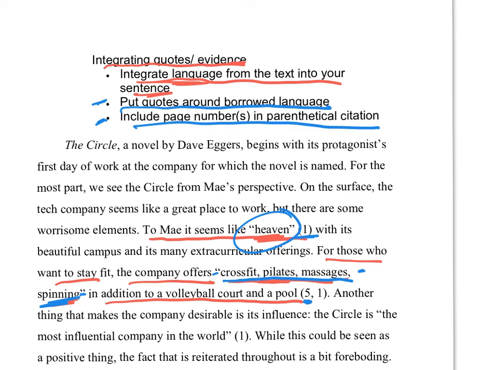Now what you also see here is that there's a volleyball court and a pool. Those are actually paraphrases. So the writer didn't need to put those in quotes because the language is fairly similar to anything else, and these words are not occurring directly in that order in the text. But you still need to include a parenthetical citation, which is the 1. So the volleyball court and the pool are mentioned on page 1, and the CrossFit, Pilates, massages, and spinning are on page 5. And that's how that